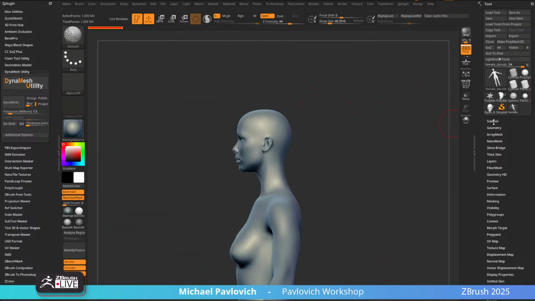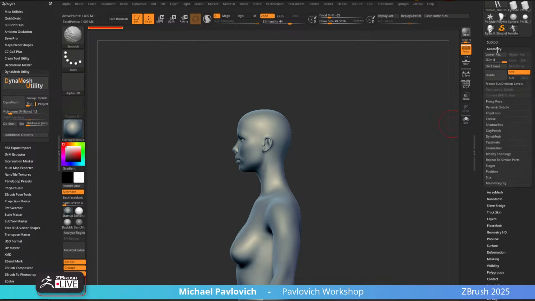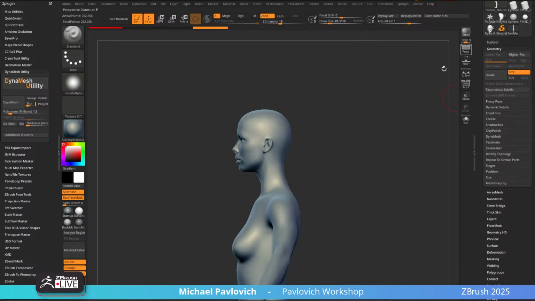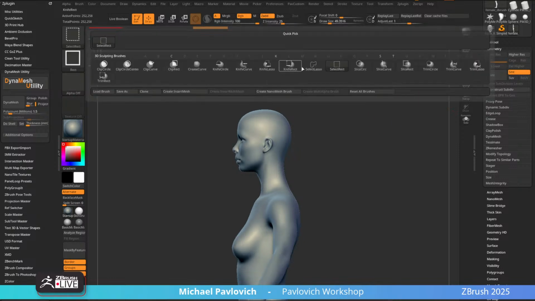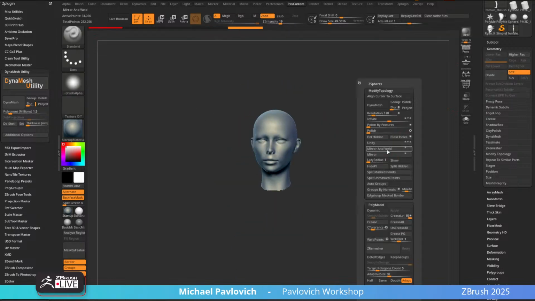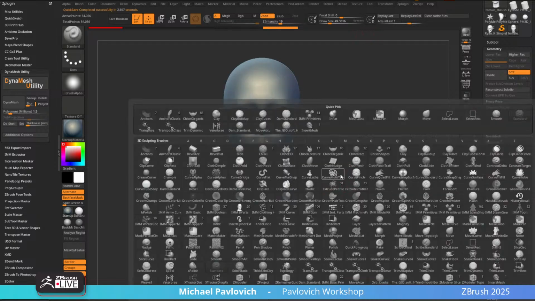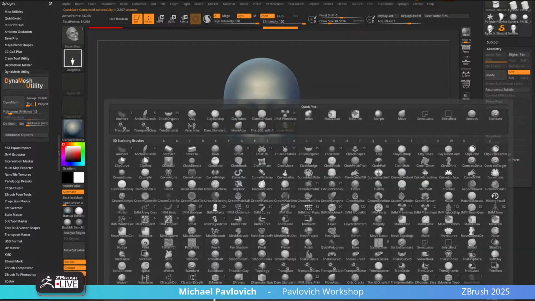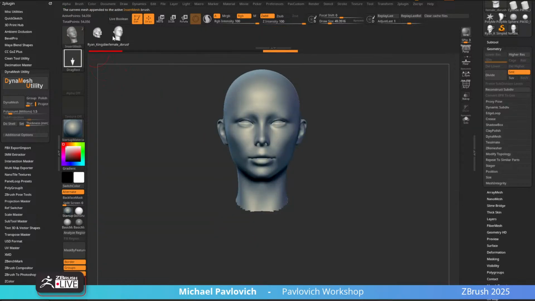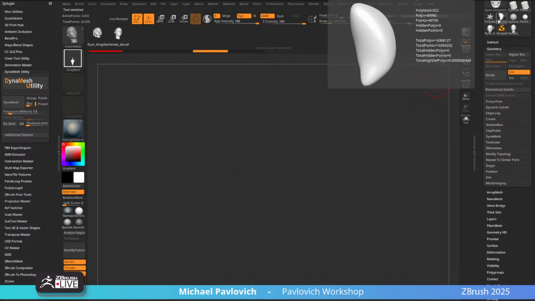Let's go in here to geometry, subdivision level 3. We'll say delete higher, delete lower, turn off perspective, control shift. I'm just going to take this, we're going to say delete hidden. Again, we'll do a quick save. B, let's add it to our insert mesh here. So we're going to say B, create insert mesh, append. And now whenever we use this brush, we can switch between the skull and the head. So then if I go back here,